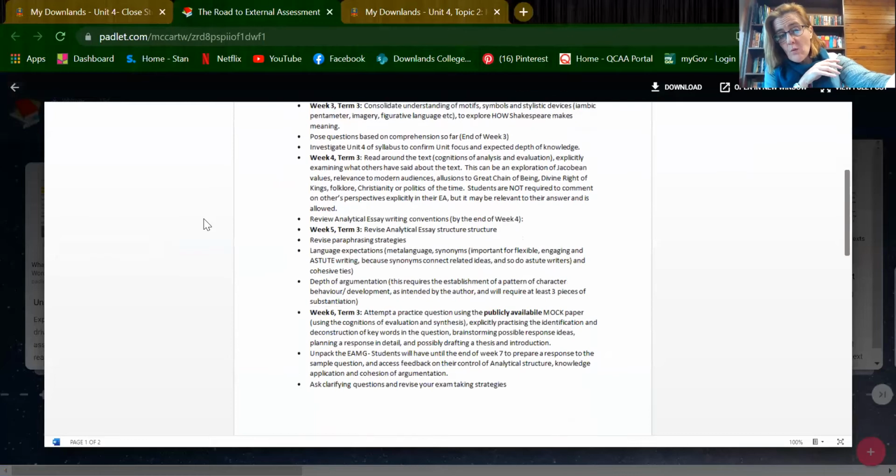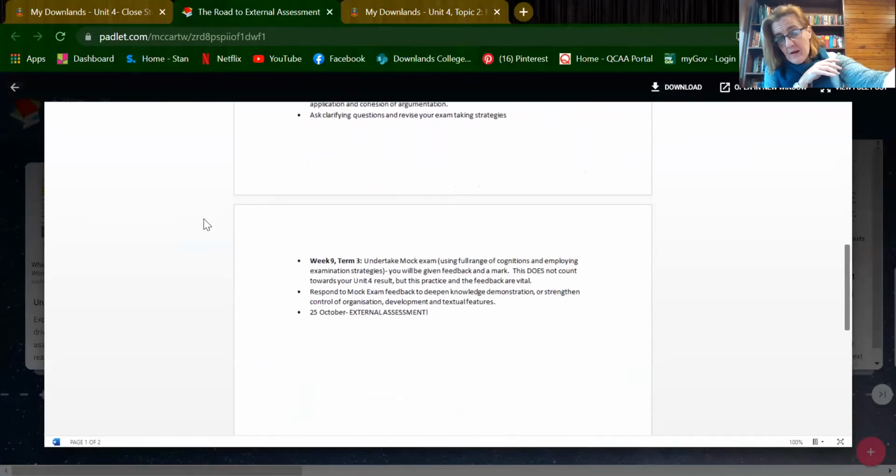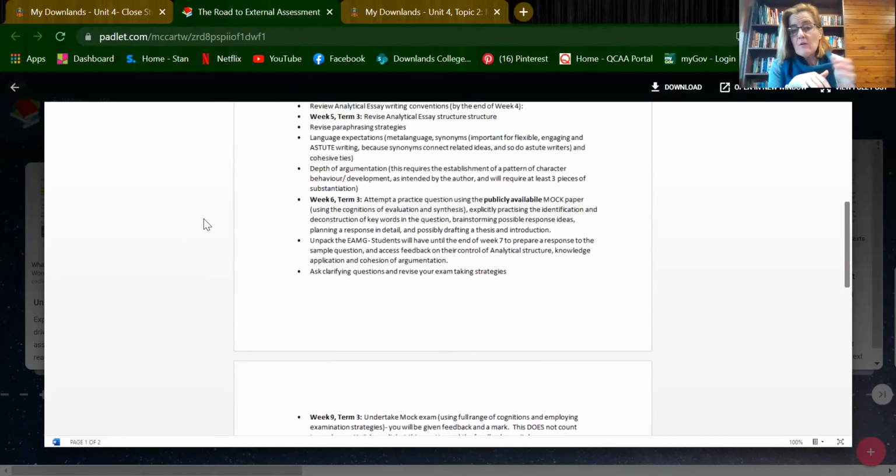And it goes all the way through till October the 25th, which is when your external is, and looks at how we're going to use the public mock papers. Those are the papers that students can already access now on the QCAA website so that you're familiar with the way the questions are worded. We're also going to use a privately available mock paper, which is only available to schools. That's the one that we will sit as an exam, as a practice, in week